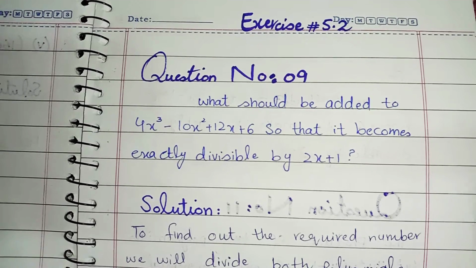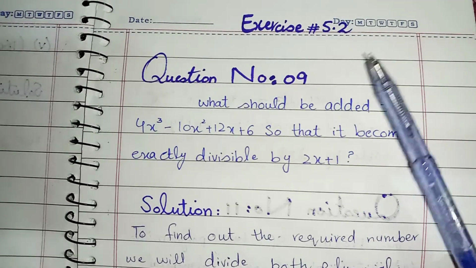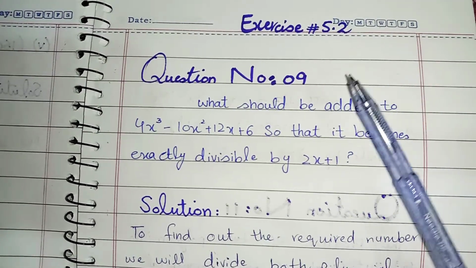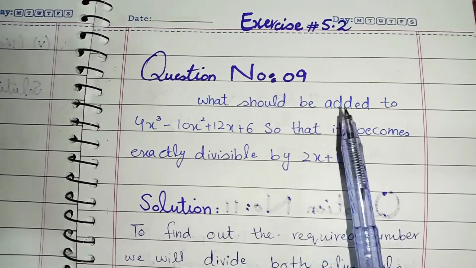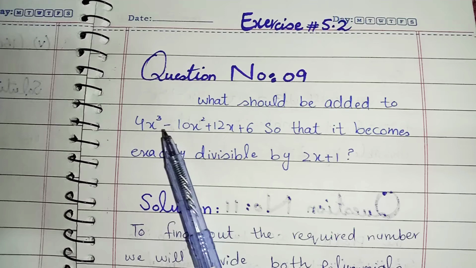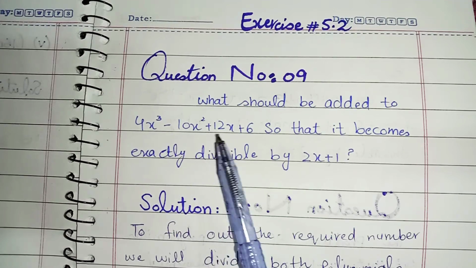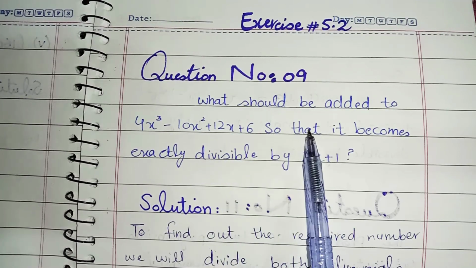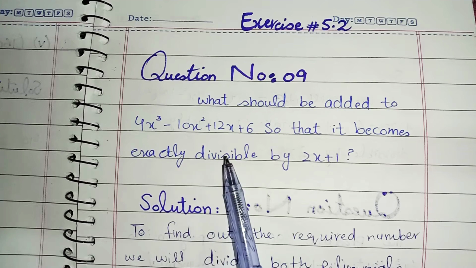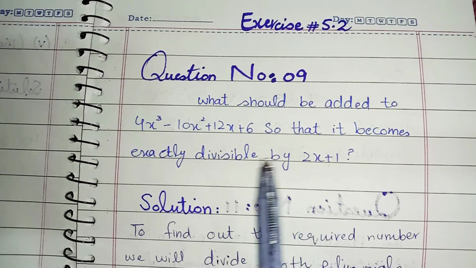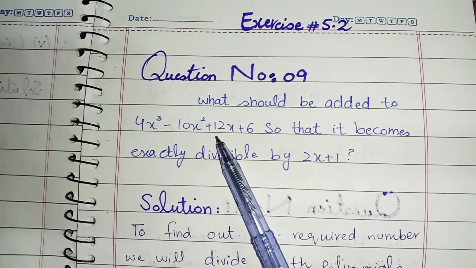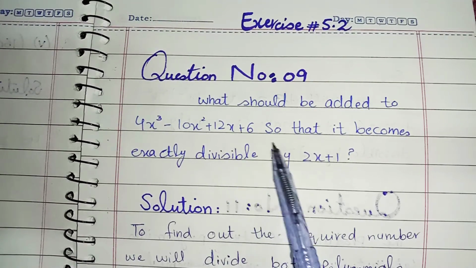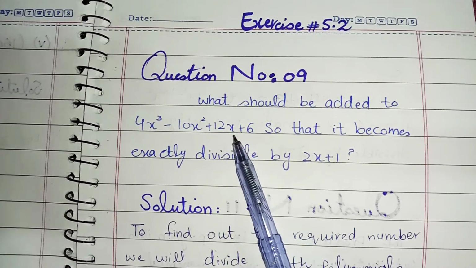Today we are going to solve question number 9 of exercise number 5.2. Let's read the statement of the question. What should be added to 4x cube minus 10x square plus 12x plus 6 so that it becomes exactly divisible by 2x plus 1? Students, in this question they are asking that there are two polynomials, first is here and